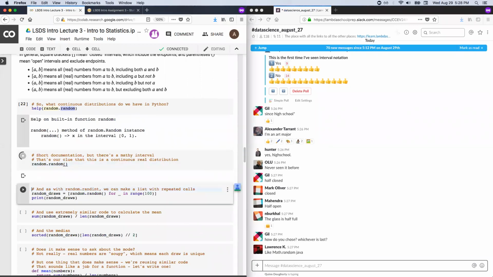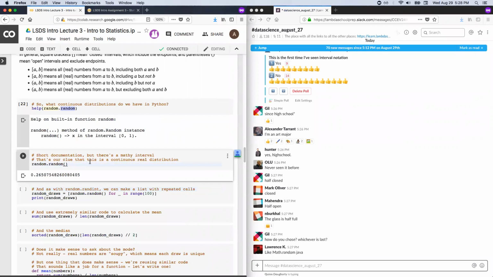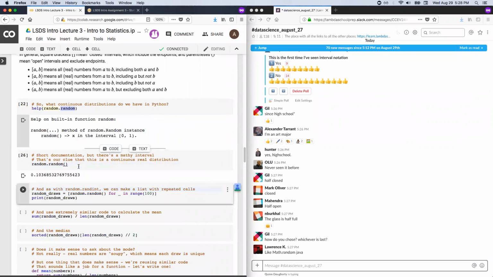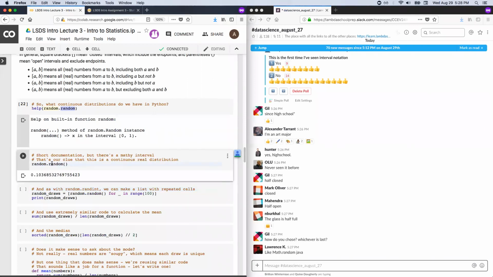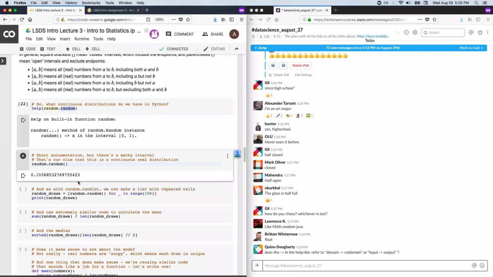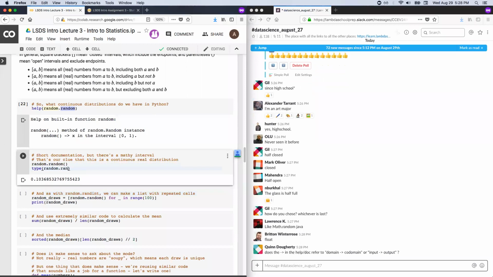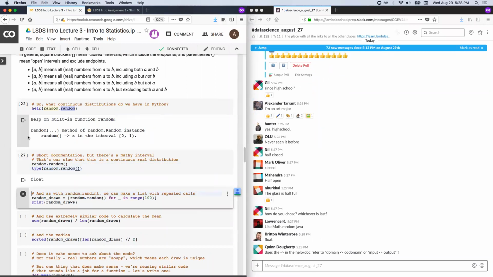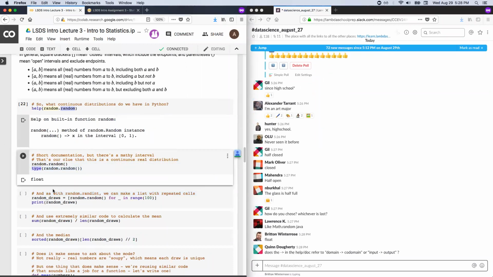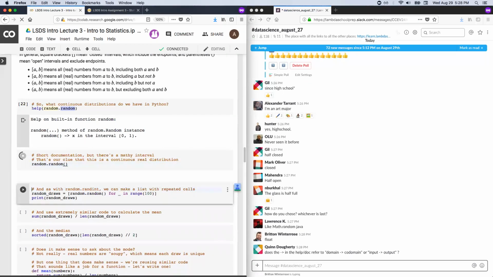And yeah, if we run it, what do we get? We get a number, and it's got a lot of decimal points. What sort of thing is this in Python? A float. And by the way, you can ask that by printing the type. There's a built-in. So if you ever want to ask Python, hey, what sort of thing is this? Just tell Python, hey, what's the type of this? This is a float. Great, thanks, Python.